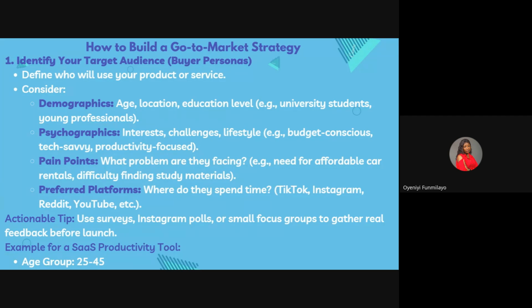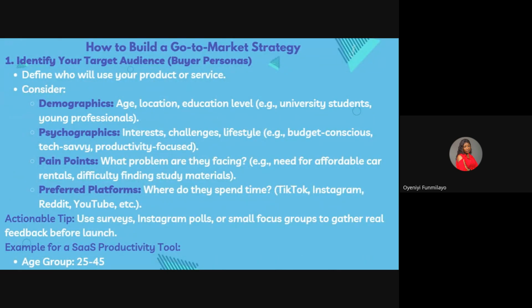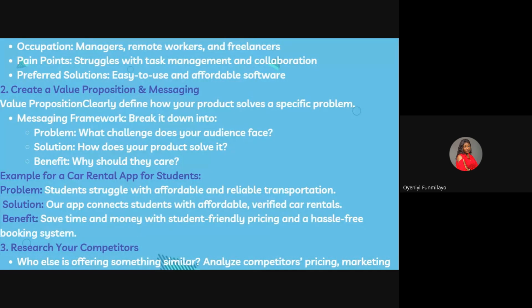So yeah, this is how to come up with a go-to-market strategy because I know in all of this talk, this is the most important thing we all need to know. So if you want to do a go-to-market strategy, hey, there was this image I was supposed to put here. I didn't put it.